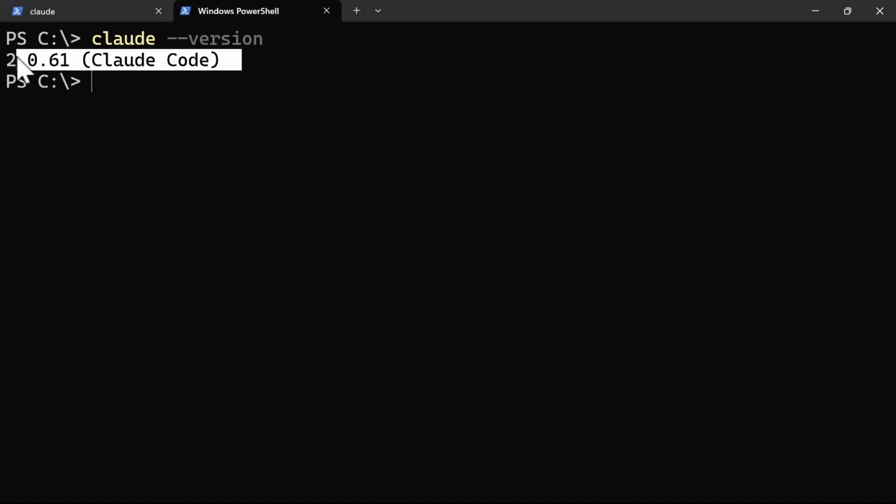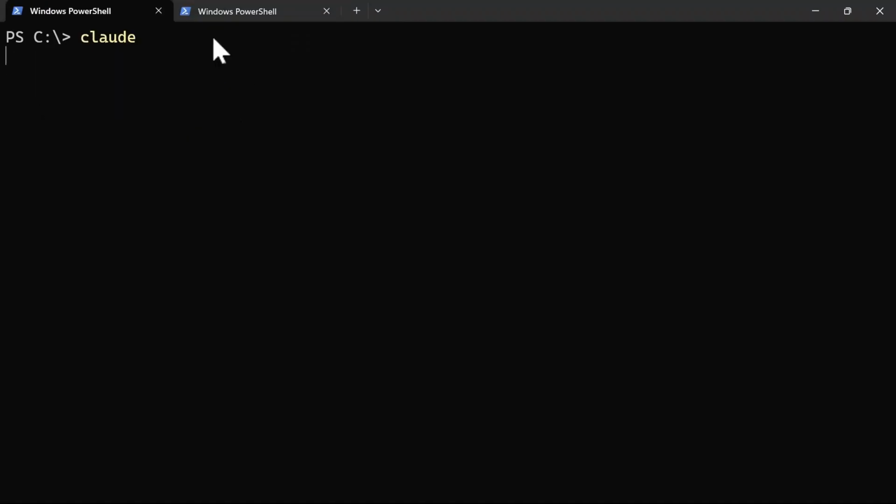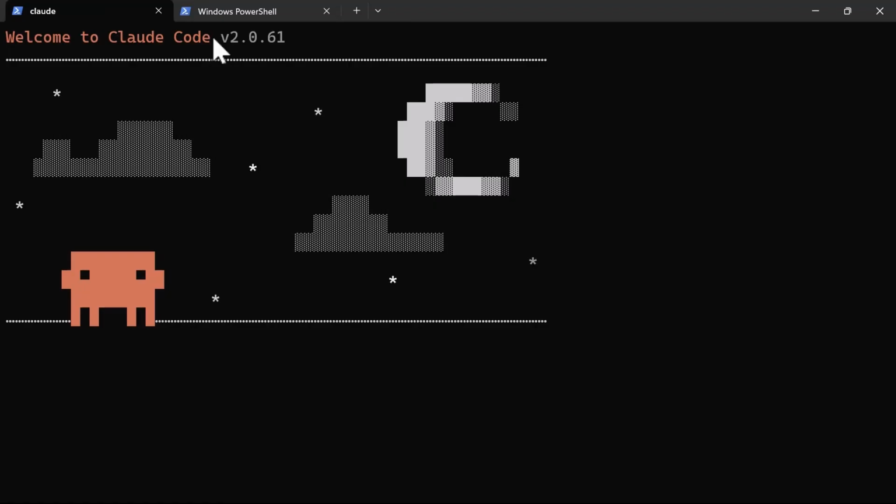Another quick way to check if the Claude installation was successful is to check the version of Claude that has been installed in your system. You need to exit the current Claude session and simply type claude --version. You should see the version of Claude Code that has been installed, something like 2.0.61. But when you launch Claude Code for the first time, you will encounter this welcome screen with the message,